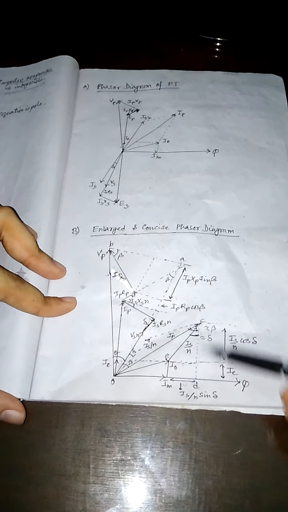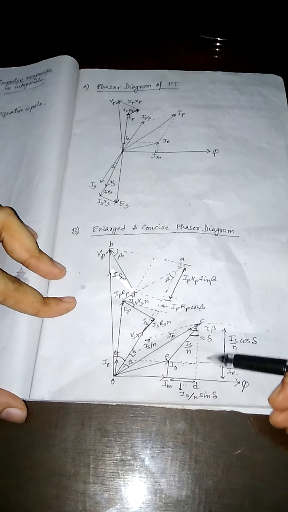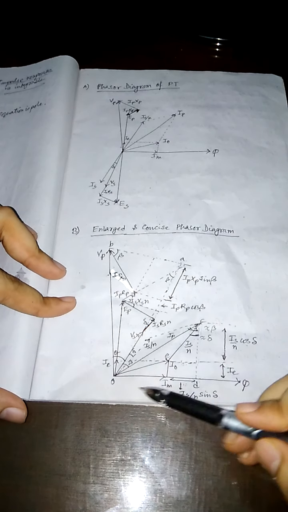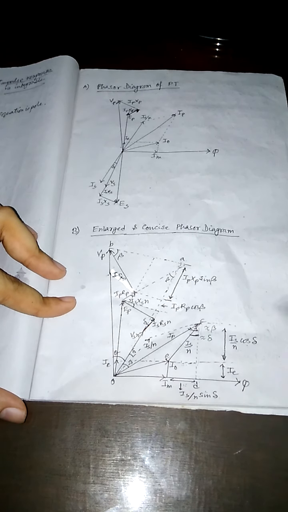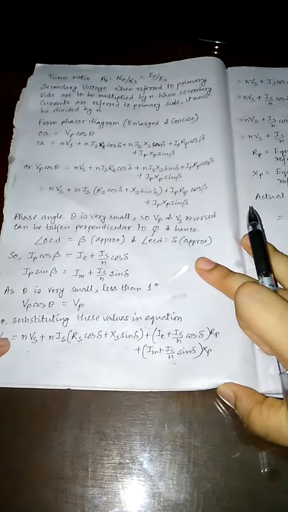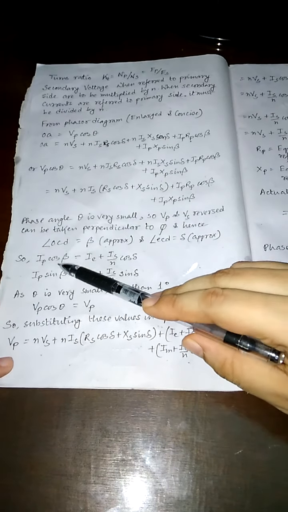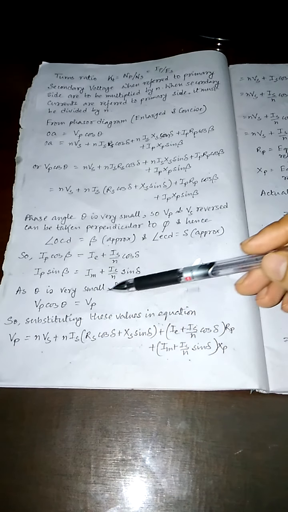So when we are considering IP cos beta, that is IE plus IS by N cos sigma, and IP sin beta is IM plus IS by N sin sigma. So by that we can do the mathematical formulations. So we get the IP cos beta and IP sin beta value, and theta is very much small,